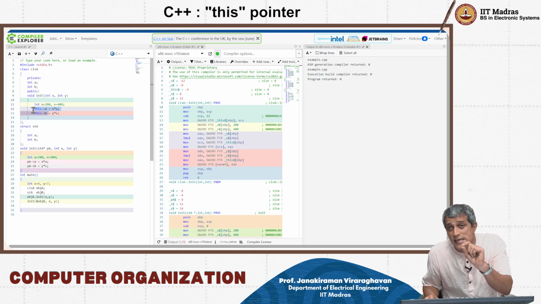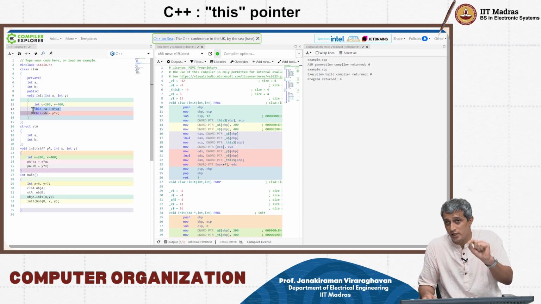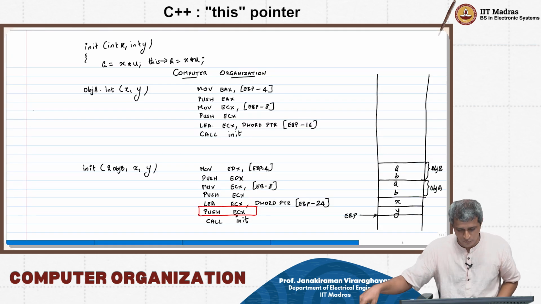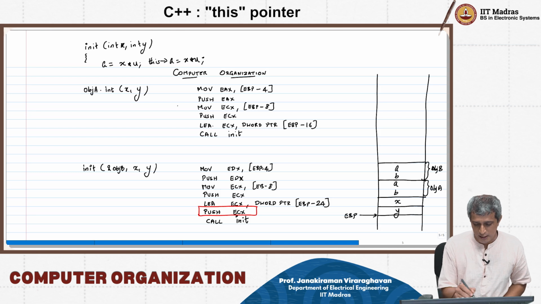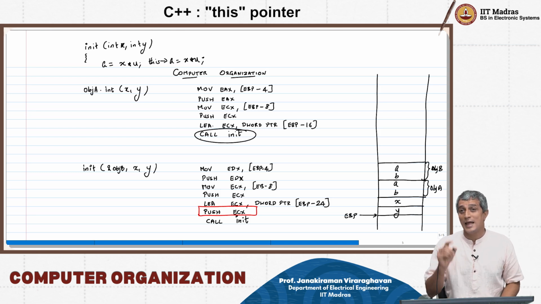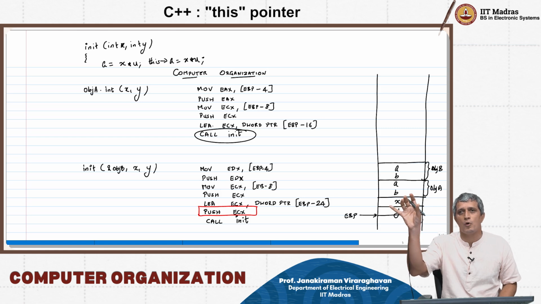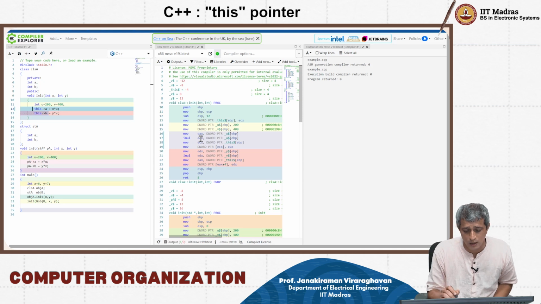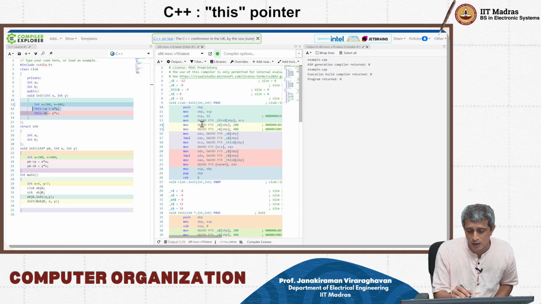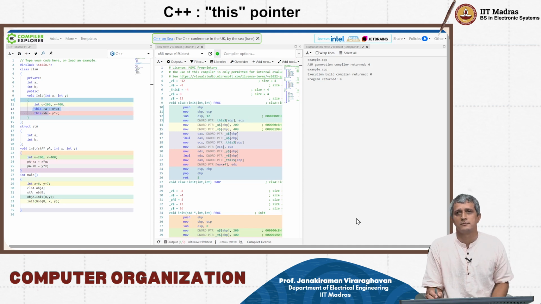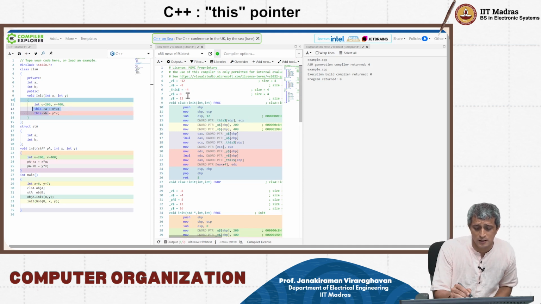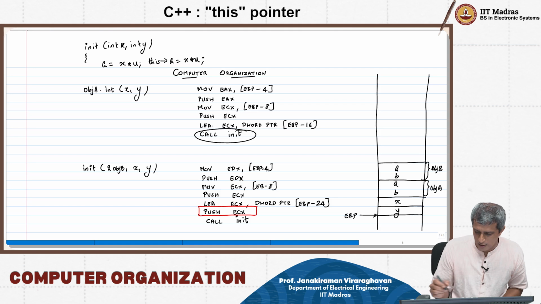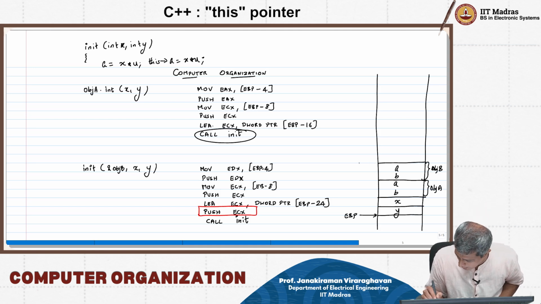However, in order to free ECX so that you can use it for computation in the function, you put that on the stack. And that's why in this function, when you get into init, that function will have the value of the this pointer as the first variable on the stack. So you will get move dword pointer underscore this comma ECX. And what is underscore this? It is EBP minus 4. So when you come to that particular function, you will call,